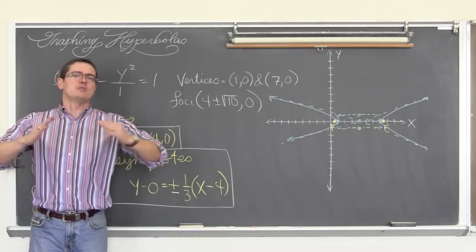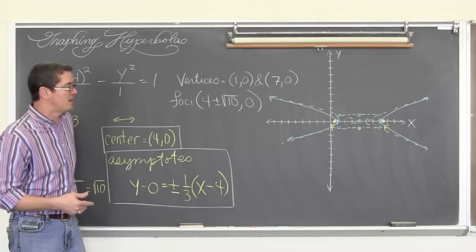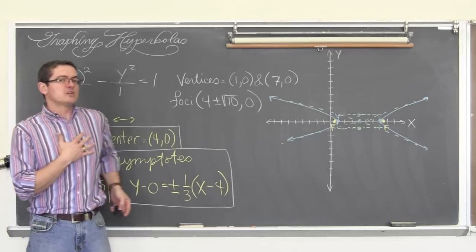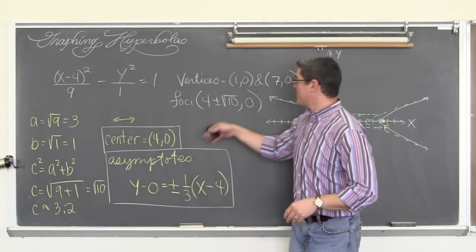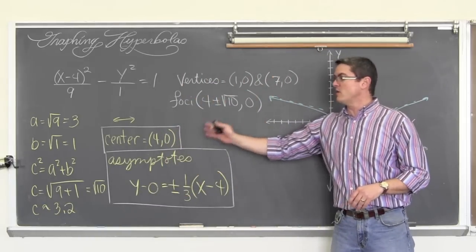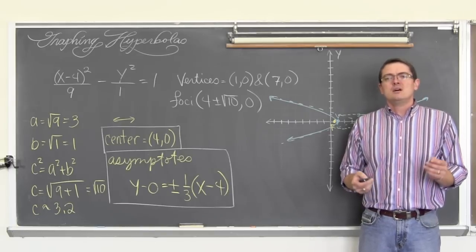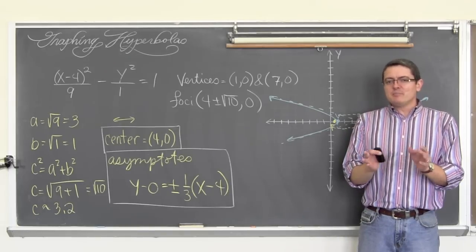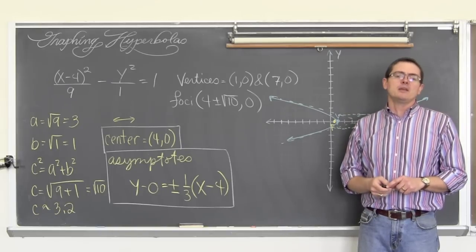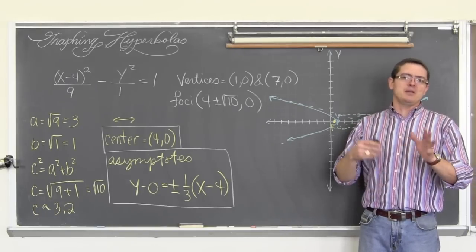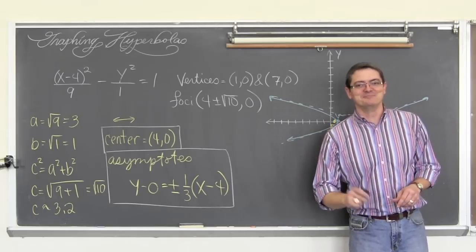Don't we know that when you move left and right, you change the x values, and when you move up and down, you change the y values? Now, you may not be very visual like I am, but I feel like drawing the picture first and then coming up with all these little values of vertices and foci and the center and the asymptotes saves you from having to memorize. There's still a lot of memorization, but not quite as much where you have to memorize all those little tiny h and k formulas using a, b, and c and whatever else, okay? So there you go. Now our second example is coming up.